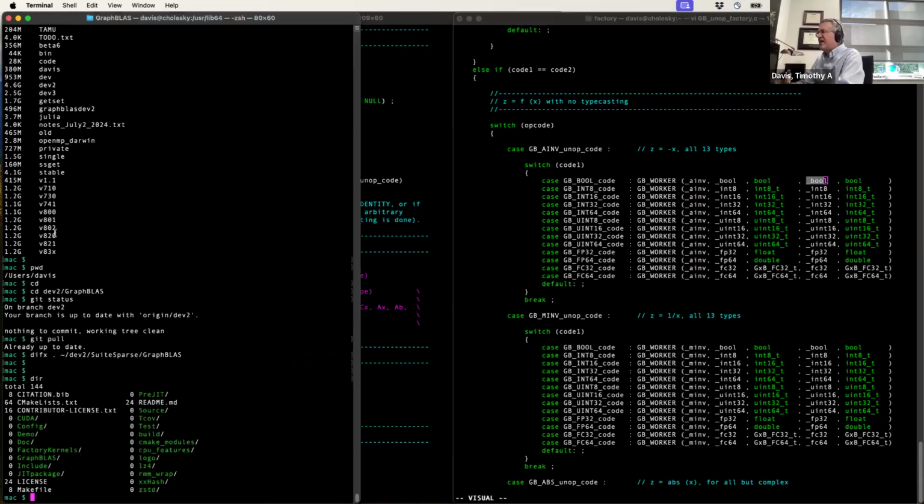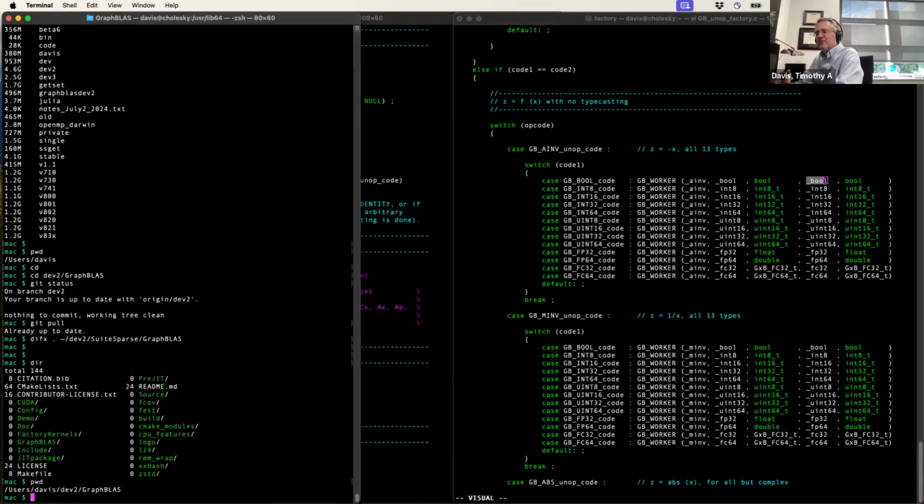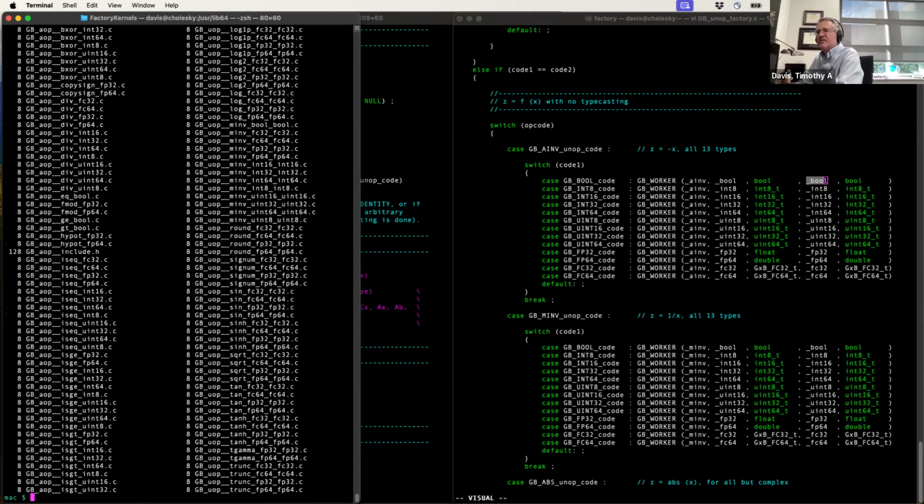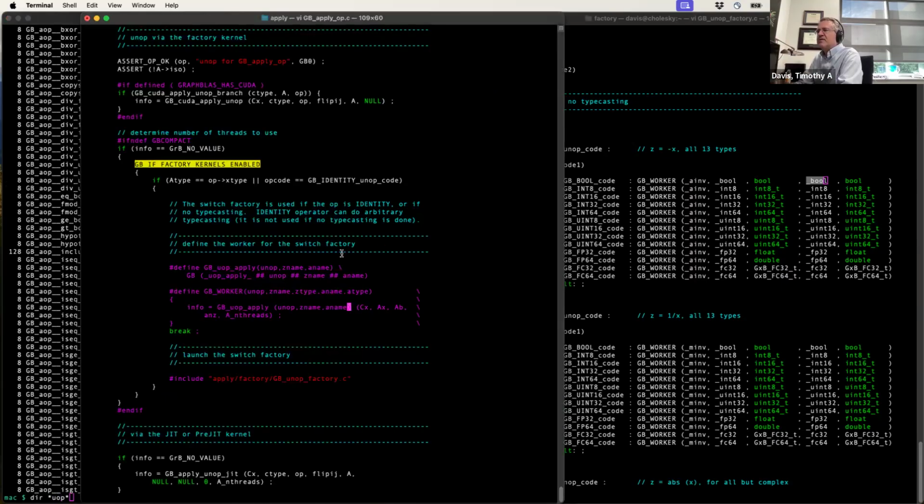So if you go to the factory folder, factory kernels, there's a whole ton of them here. These are calling the UOP. This is a macro that's doing string concatenation, and it's going to call a method